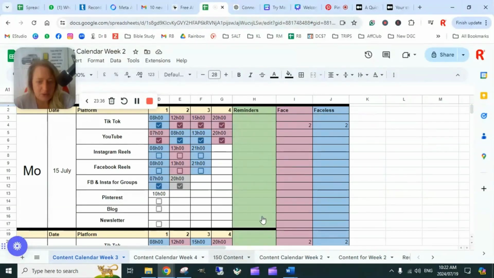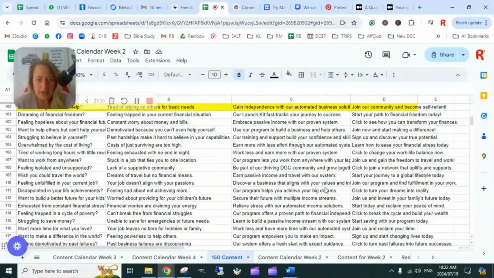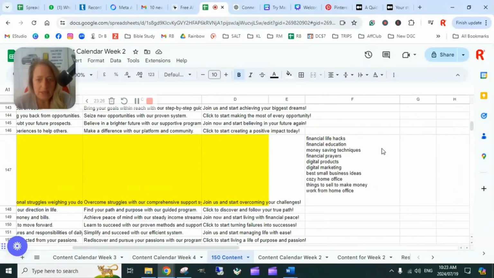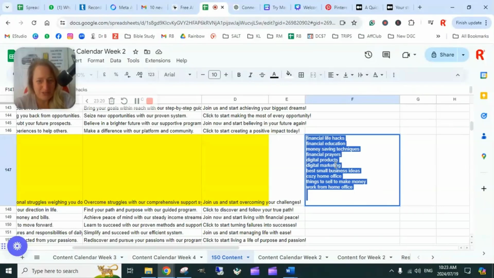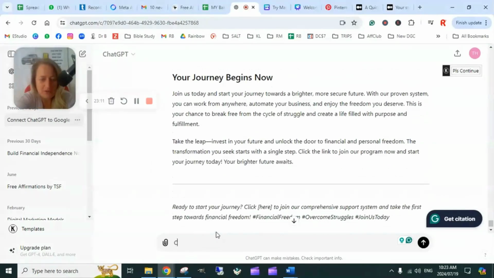Here is where I have put my keywords, right? Because remember, my keywords are what I got from Pinterest, and currently I am posting onto Pinterest. So I'm going to copy my keywords and go back into ChatGPT and say, create a title for my Pinterest post that speaks about financial struggle,